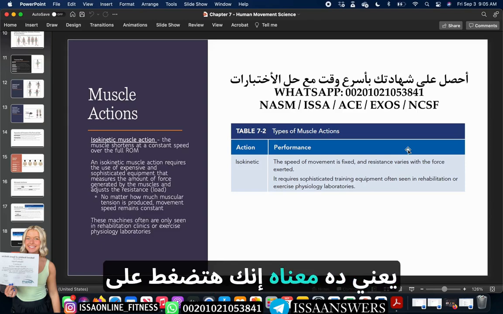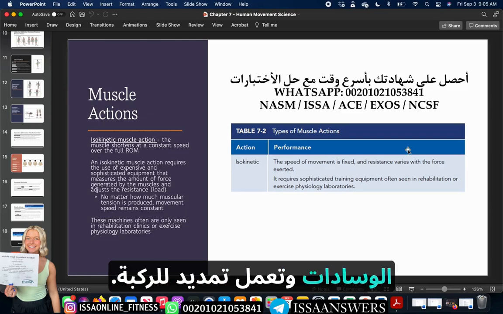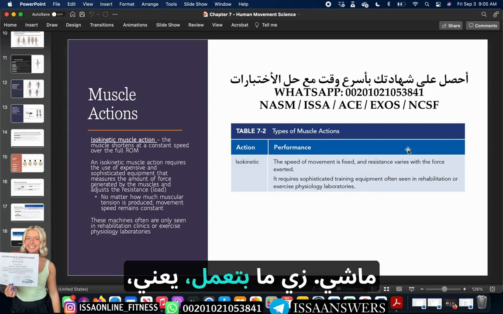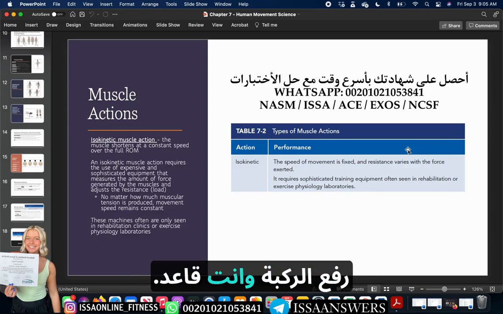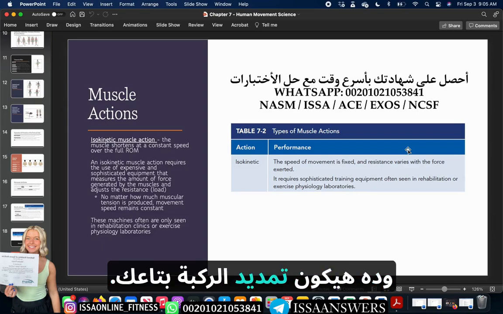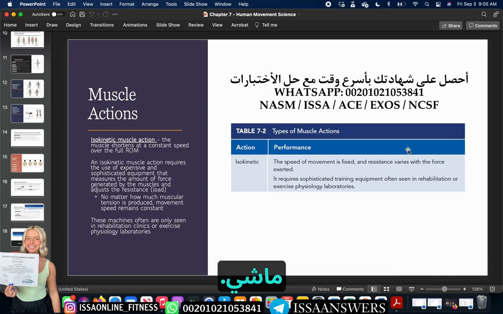You're going to push against the pads and go into knee extension, just kind of doing the seated knee raises,